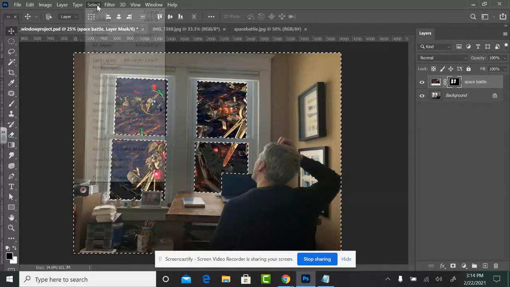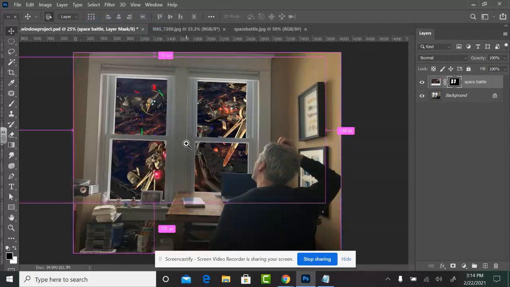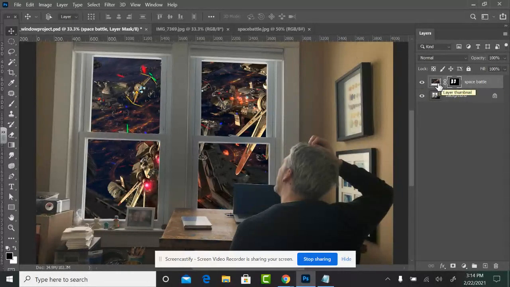That's the purpose of the mask, to show certain things. So now we can go to Select, Deselect. Now we have some sort of crazy space battle going on outside the window, inside that selection we made. And we're blocking parts of the image with the mask. The reason we are doing that,